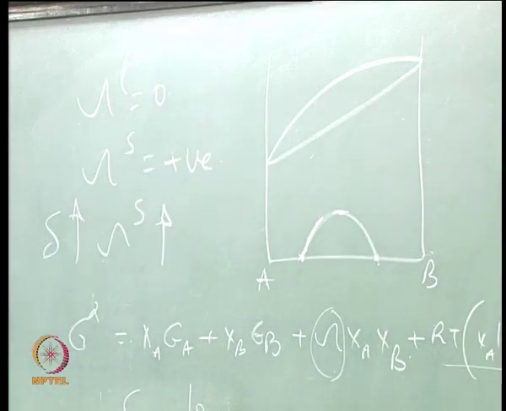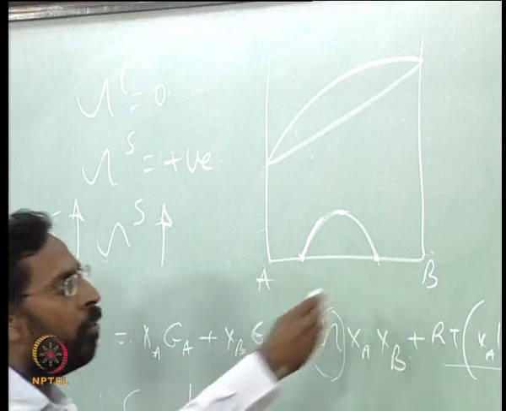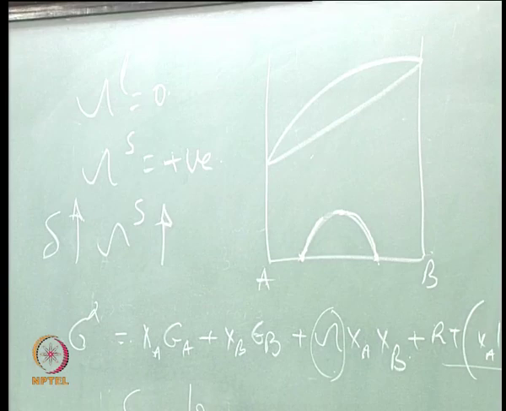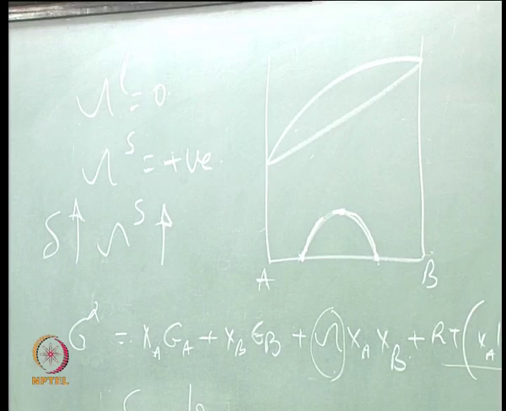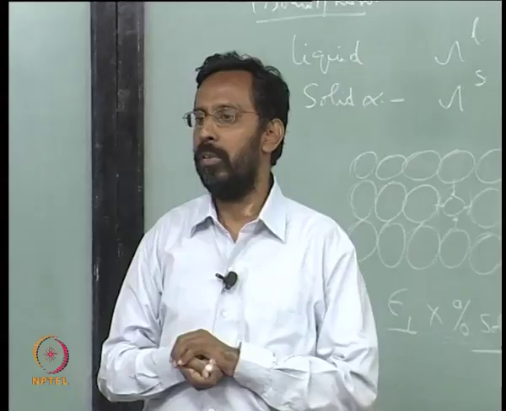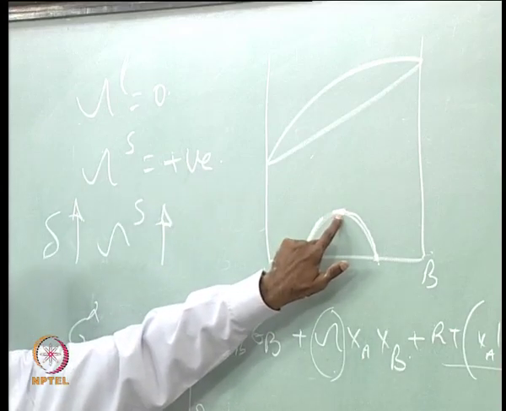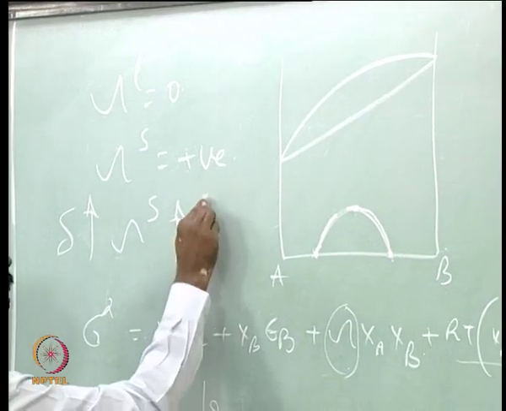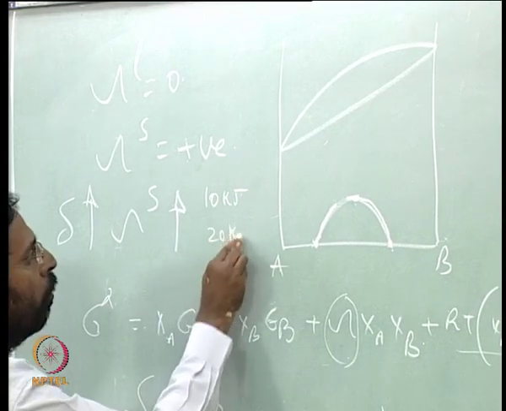A becomes completely soluble in B and B becomes completely soluble in A. And similarly, on the other side also, the solubility limit of A in B keeps on increasing, and you would see that they will finally meet, and this is the final temperature above which you can say they are completely miscible. And for a given omega, this temperature is going to be fixed. Now for example, if you think of a particular value of omega, let us say 10 kilojoules, and now you increase it to 20 kilojoules per mole,